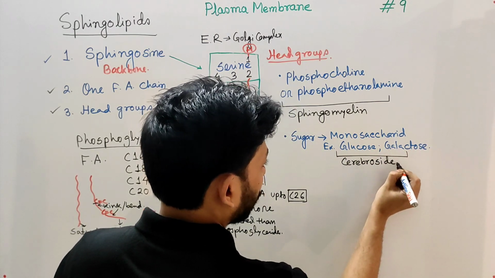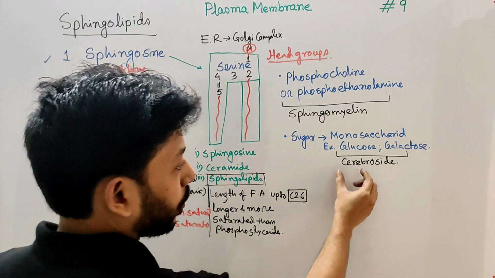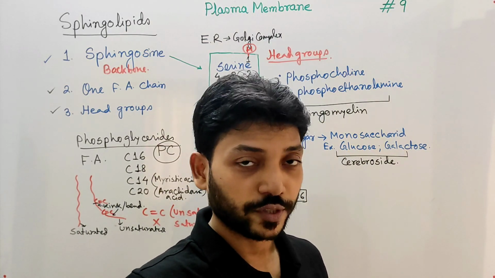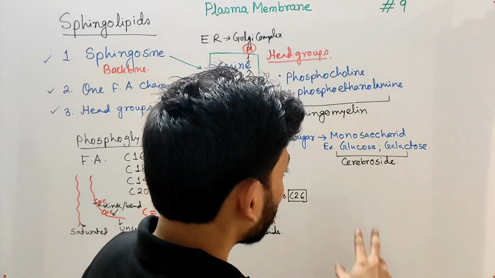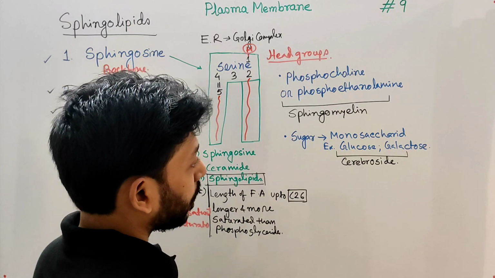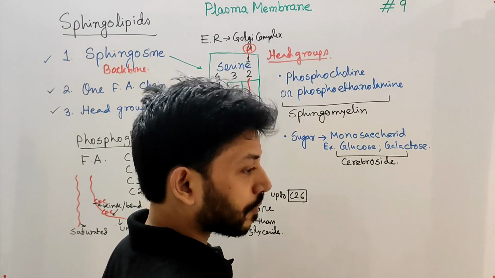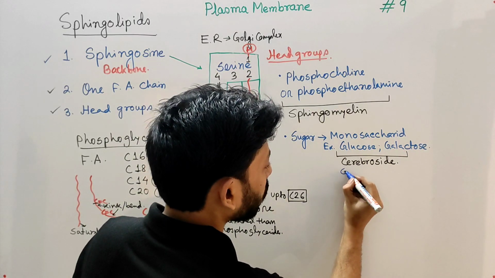Cerebroside. Okay. Now here also a term comes that is related to our nervous system or nervous tissue, that is cerebro. Now if the head group is glucose, we call this sphingolipid